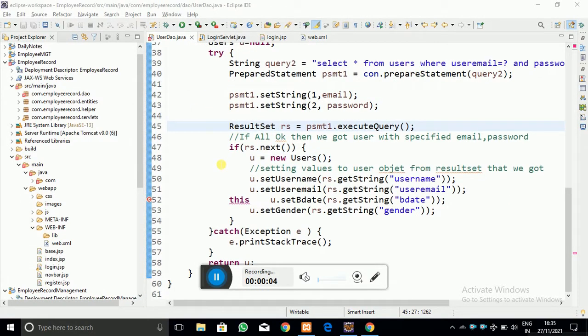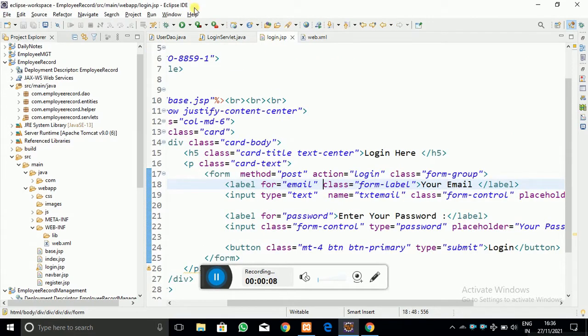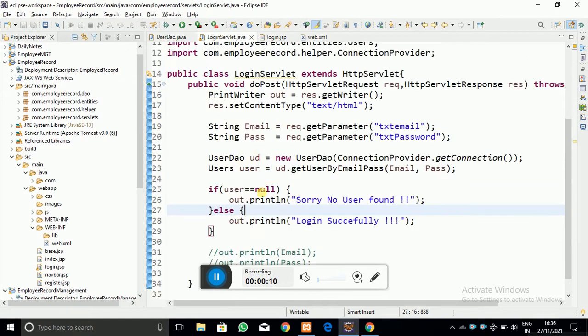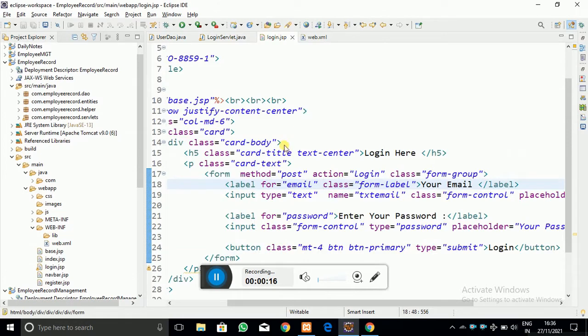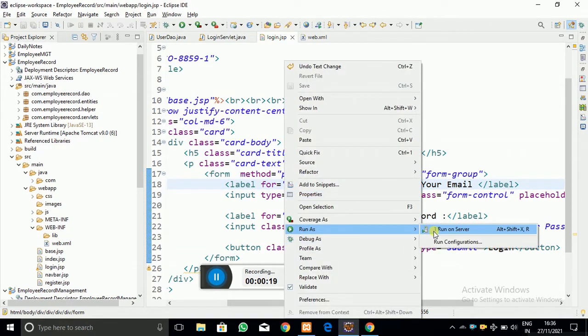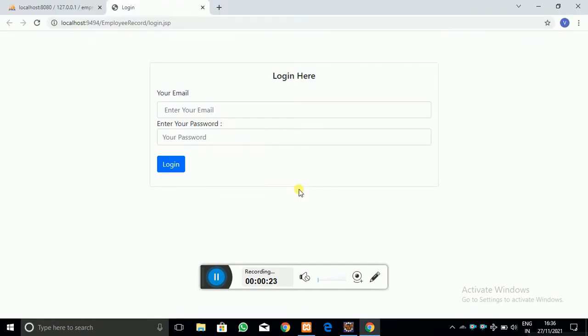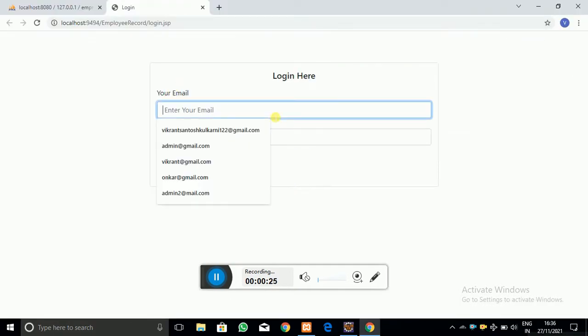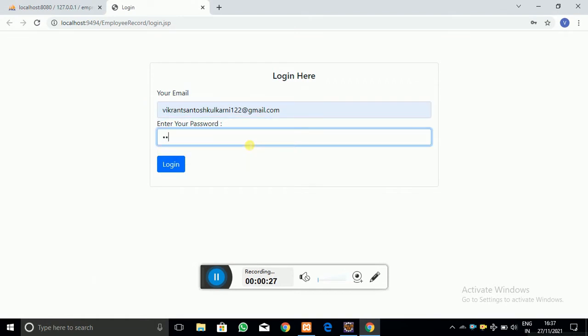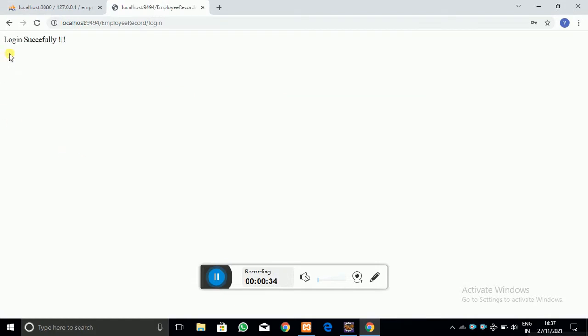In today's video, I am going to continue our last tutorial, in which you can see that we have created the complete login module. We have created the login servlet, and let me show you what we have created. I am going to run the login.jsp page, and here I am going to write the username, user email and password, and after a successful login you can see that a message is going to appear here.